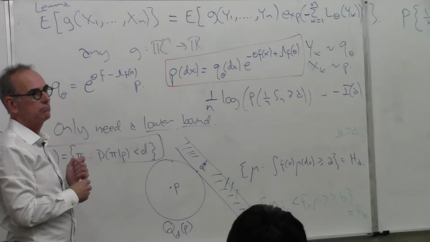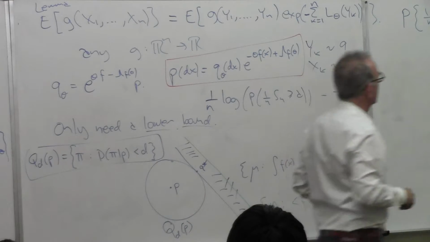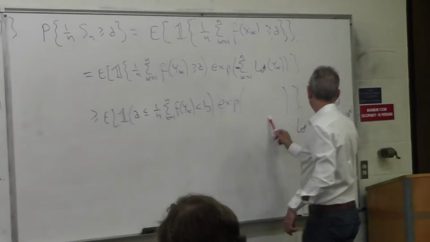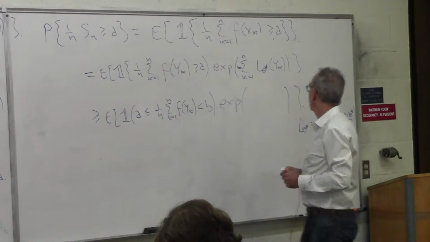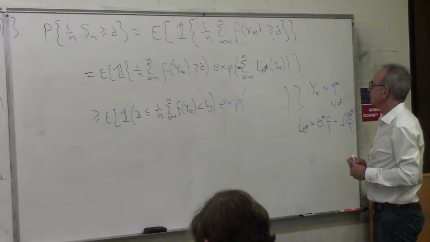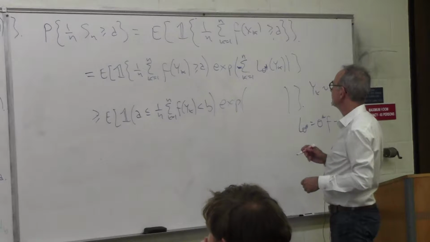So there's a minus sign dropped. So I've got a minus sign there and a minus sign there. So I've got that this average is less than b. So I have that